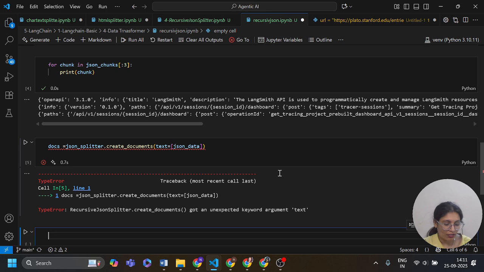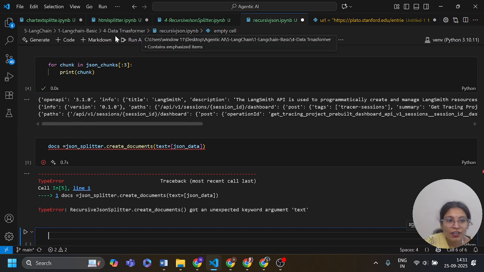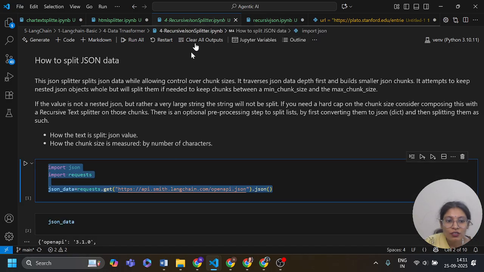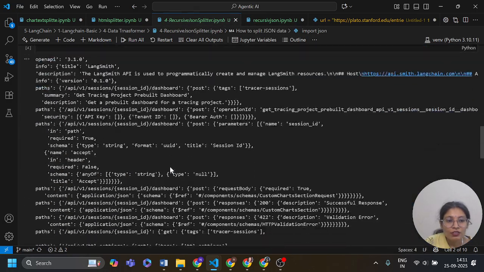What is happening here? JSON splitter create documents, texts equals JSON data. Here I am going to check another file I have.